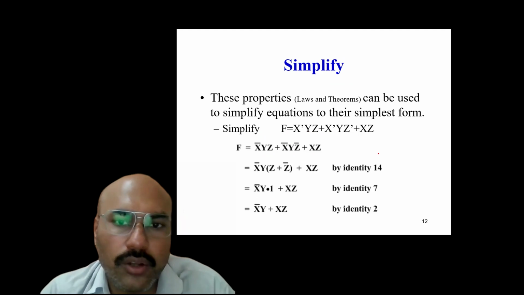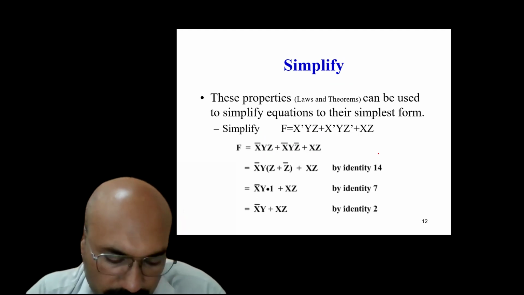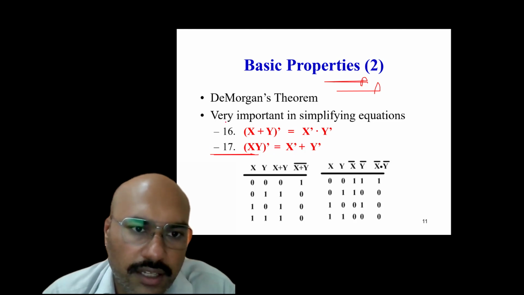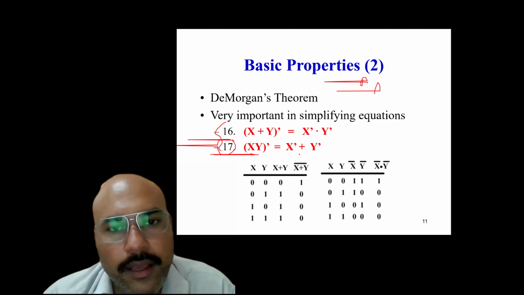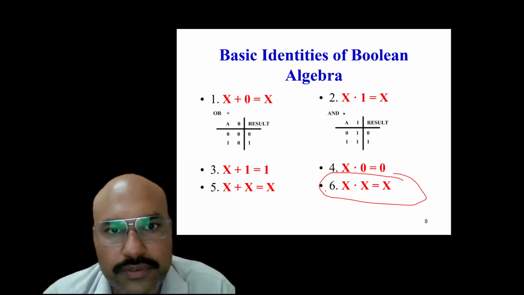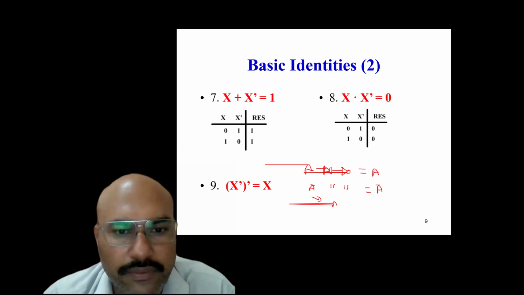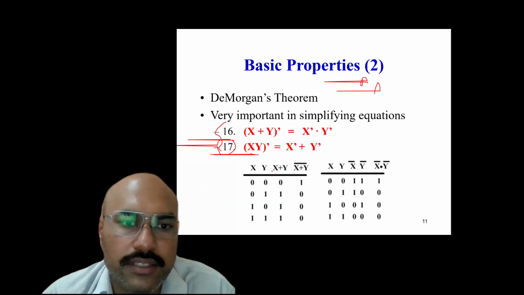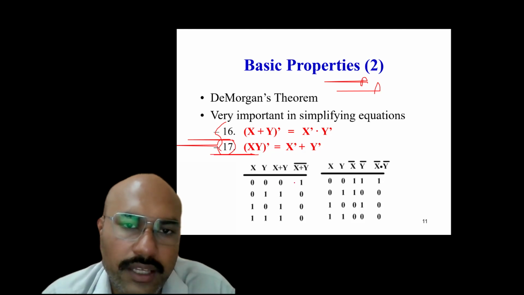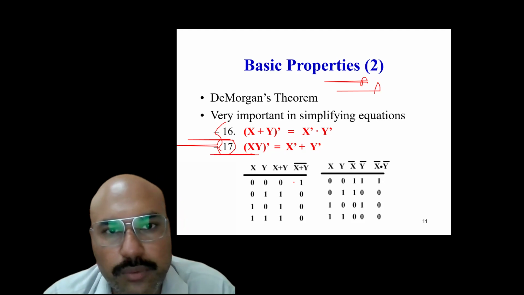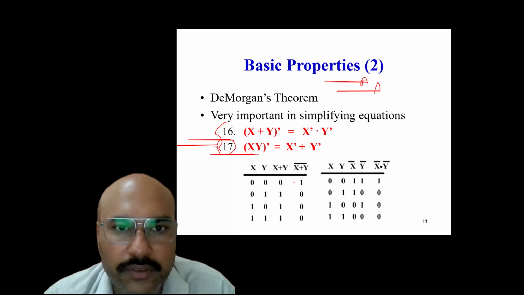Right? So these are the laws and theorems that we have studied so far. These are the 17 laws that we have studied, starting from here. This was the first, second, third, fourth, fifth, sixth, and similarly 7, 8, 9, and then 10, 11, 12, 13, 14, 15, 16, 17. These 17 laws will be useful for us to implement in Boolean algebra,